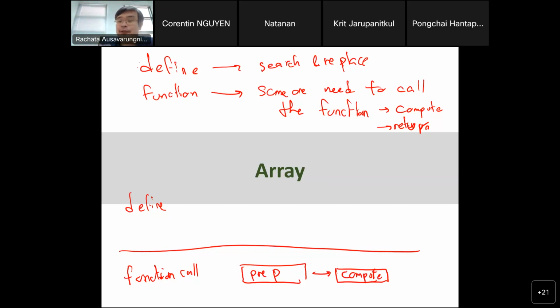For example, if I want the minimum of A and B, the computation is to check if A is less than B, return A; if B is less than A, return B. Then you finish up the function call, which returns the value and makes sure the program jumps back to where the function call happened so you can keep running. Now, if I use pound define, do we need to do the prep for a function call?